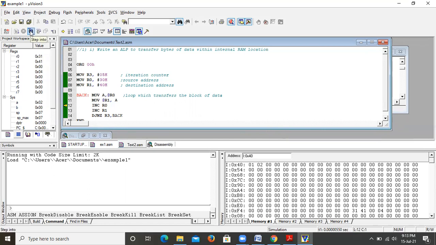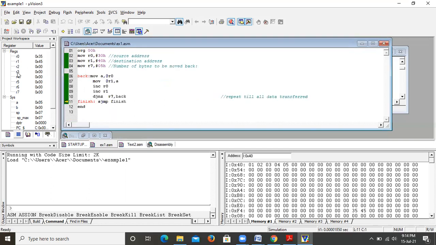if you run it, observe the changes in the register and also in the accumulator here. So after having all the 5 iterations done, you can observe the 5 values transferred into the address locations 40 to 44.